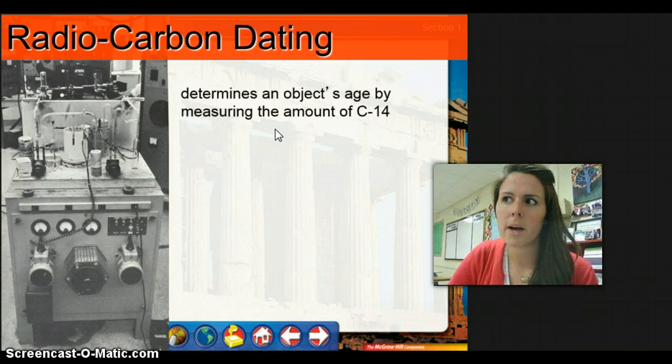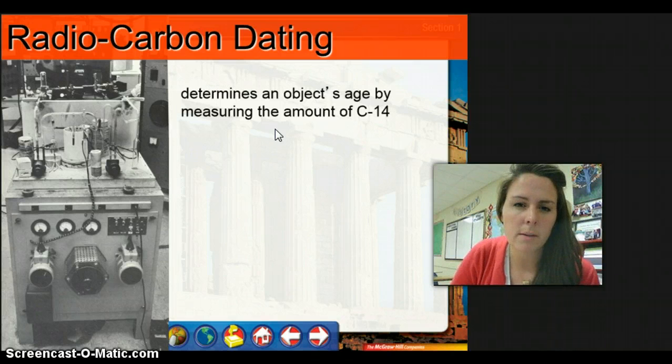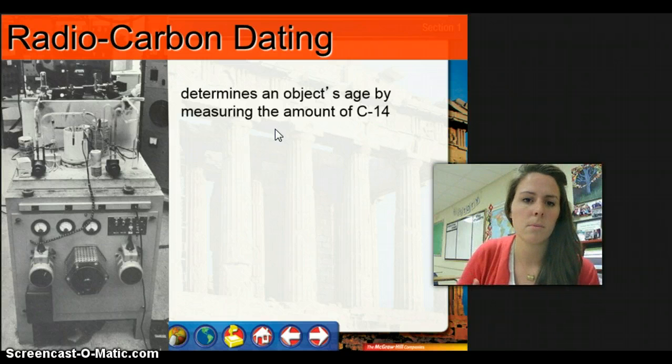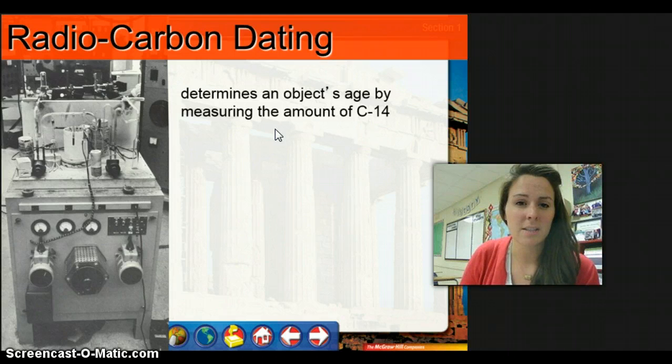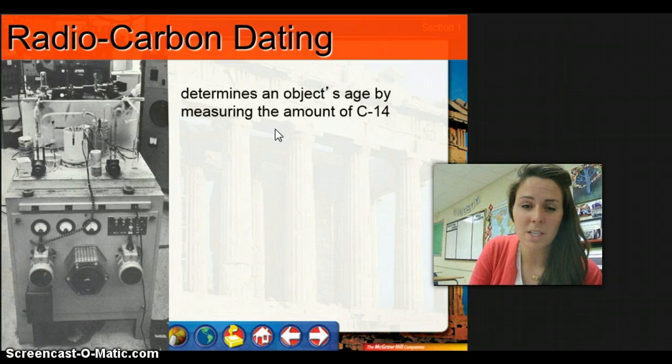Now you're like, Miss Rogers, why does that even matter? Well, what do you breathe in? You breathe in carbon dioxide. Well, every living animal or human takes in that carbon dioxide. Well, when an object dies, carbon is being released, and it can hold up to 50,000 years. So it won't be able to do dinosaurs, but it might be able to tell how old a human might be. Up to 50,000 years, depending on how much carbon is left in the human's body.